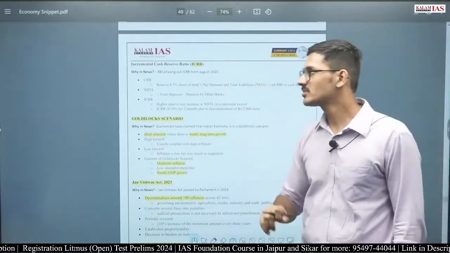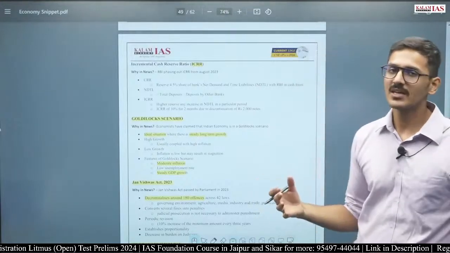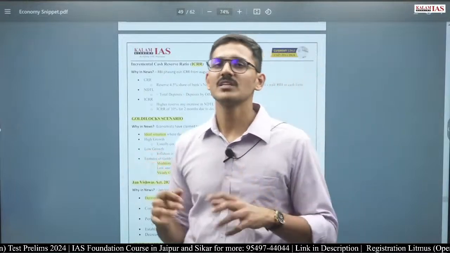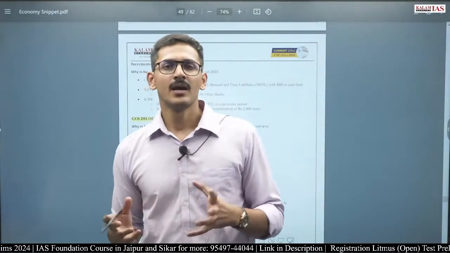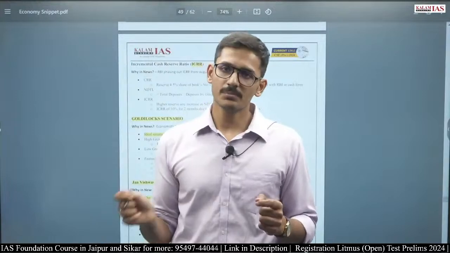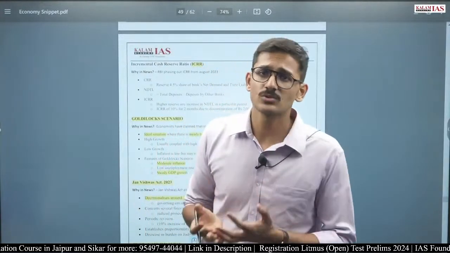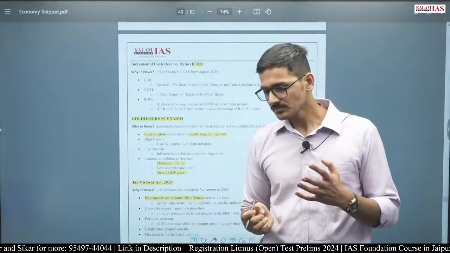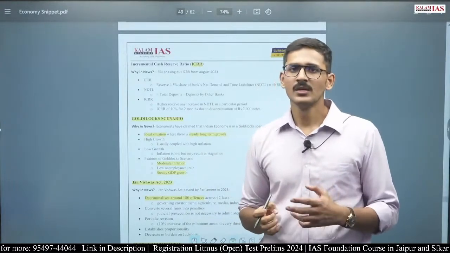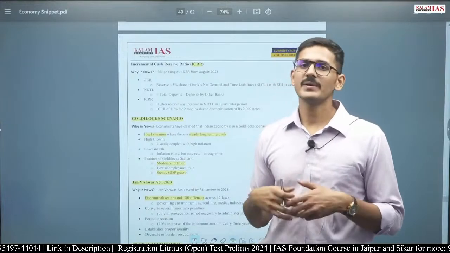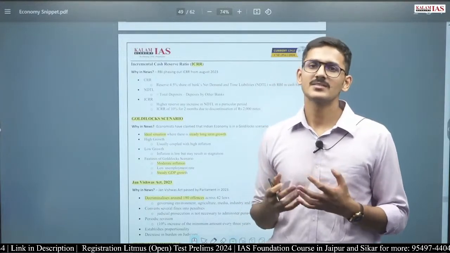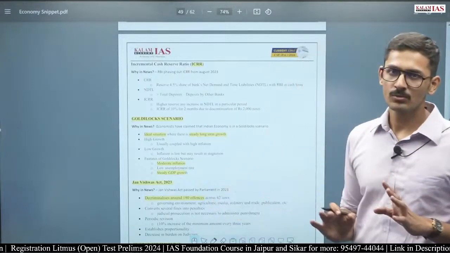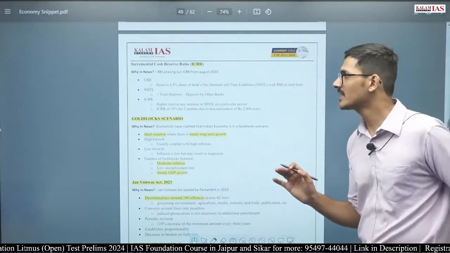Now, incremental cash reserve ratio was also in news. What is incremental cash reserve ratio? Basically, it is applied for a fixed period of time. For example, during the time of demonetization, a huge amount of money was submitted by the people into the banks, and banks have to pay interest on that amount. So banks found it very difficult to manage that amount of cash flow. So what the RBI did is RBI increased incremental CRR to 100%. Whatever money you are getting, you deposit all that money into Reserve Bank of India. So that is incremental cash reserve ratio.